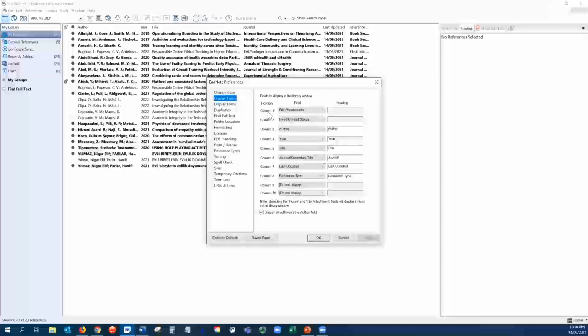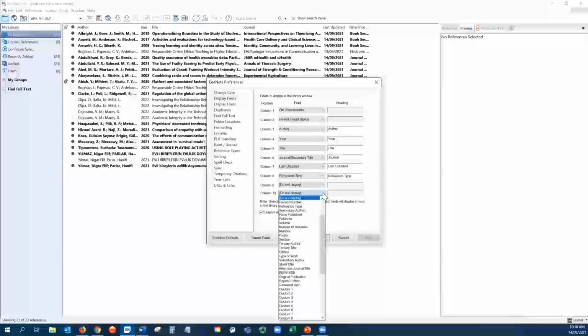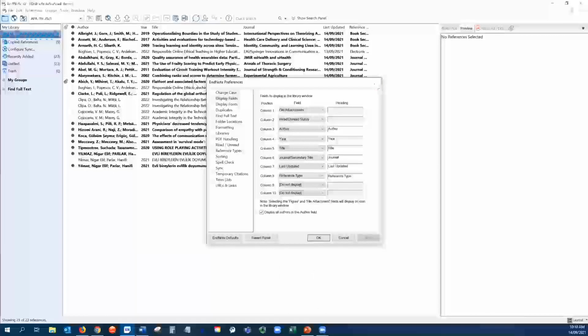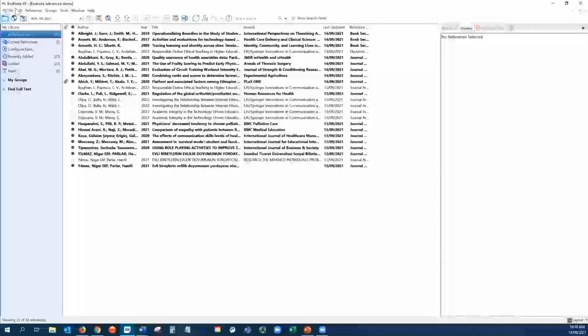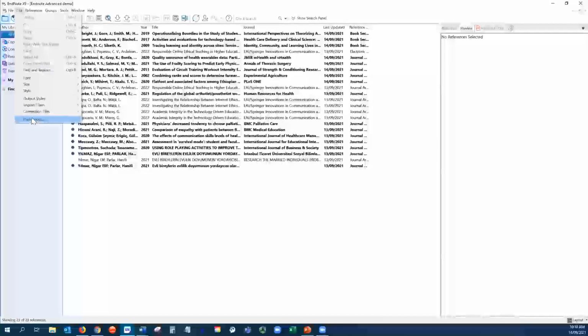You only get 10 columns across here. So what you would need to do is just to make it work for you. So there's a couple of things that you can put in. You can put in a record number. We've already got reference type. You've got some blank fields here that you can be making work in whatever way you like. So that's one way. So that was coming into Edit. Close that. Edit, Preferences,